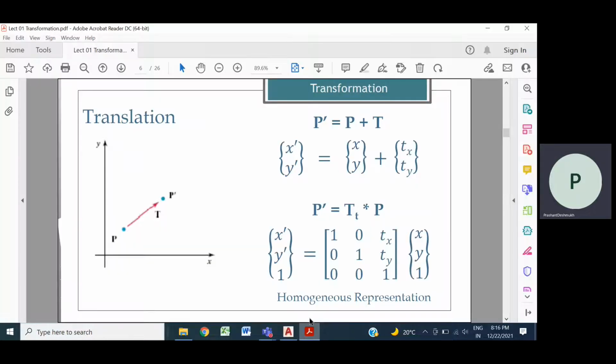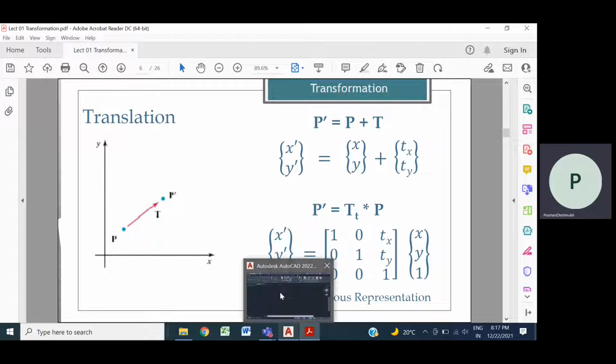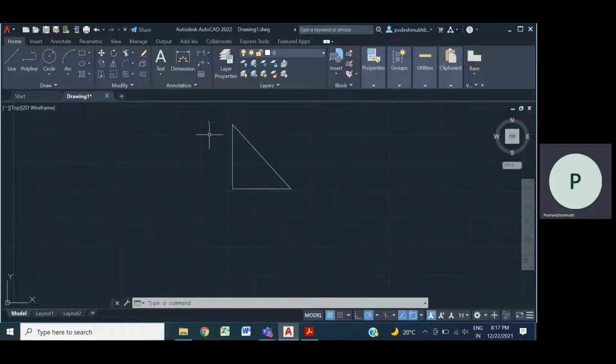The transformation matrix, we have seen that. This is tx and ty, which we define by the first point and the second point. When we define these two points, tx and ty get defined. For a single point, p dash will be the transformation matrix multiplied by the original coordinates. Whatever object we have selected, this transformation matrix will apply to all the 3 points, and thus we get the new coordinates and the triangle at a new position.